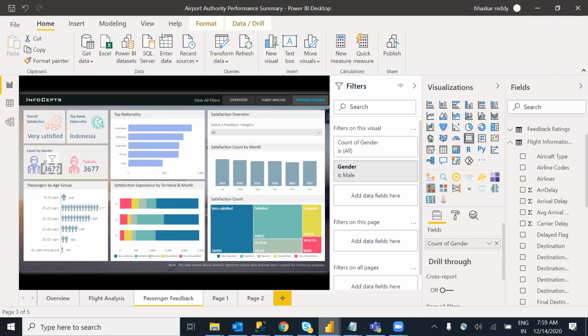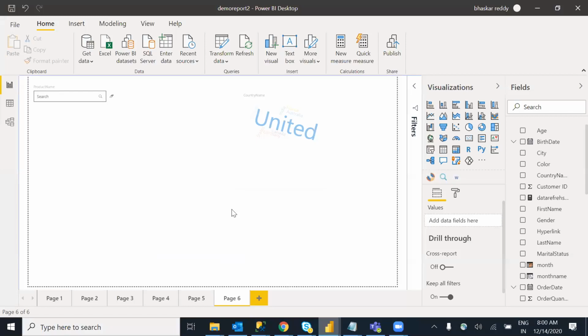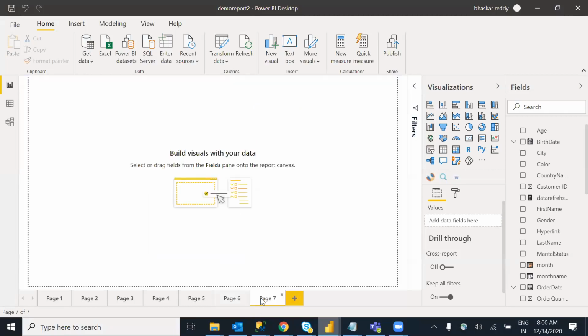This is what custom visualizations are about, guys. You can use it, you can get it, any number of visualizations. If the user does not require it, no need to get any custom visuals. If they want a different look and feel, or expect more apart from this, you can get it and use whatever visual they want. This is what the visualizations are about, guys.